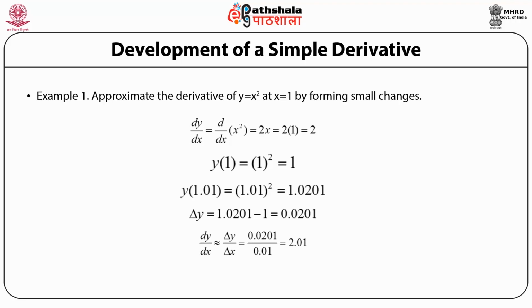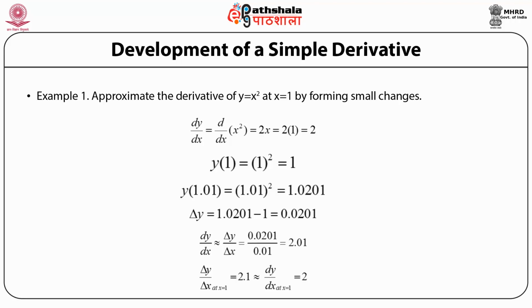And what is dy? Dy is nothing but approximately del y by del x. It is going to be 0.0201 divided by 0.01, because that is the differential amount we are going to take, and that is what we are calculating, y of 1.01. So when you do the calculation for del y by del x, you will end up getting 2.01. Del y by del x at x is equal to 1 is approximately equal to dy by dx at x is equal to 1, which is 2, right?